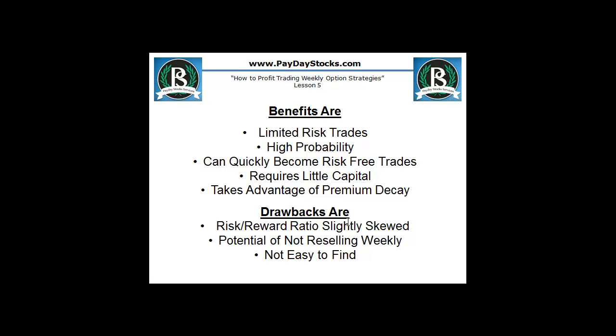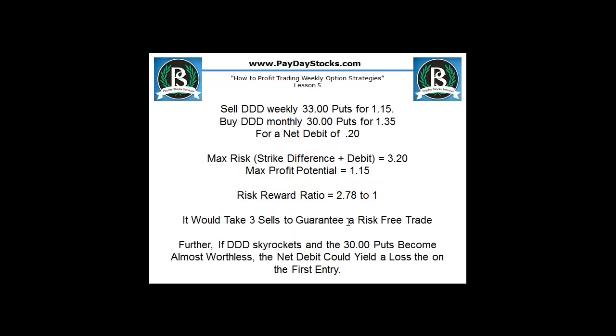Okay, the numbers didn't match up. We're still selling the nearby strike at this point. I think the DDD was selling for around 34. Okay, and yes, you can do these out of the money if the numbers match up. Obviously, the closer to at the money, the better off you're probably going to see the numbers and the profit potential. Okay, but if you look at the DDD weekly puts, brought in 115, you bought the further away strike